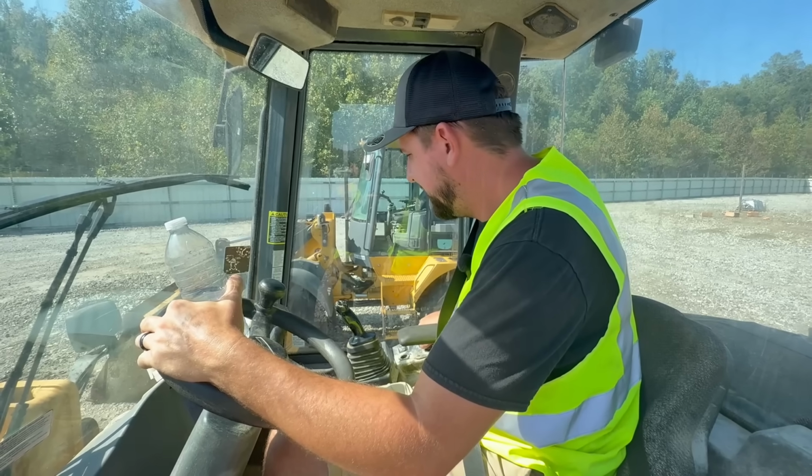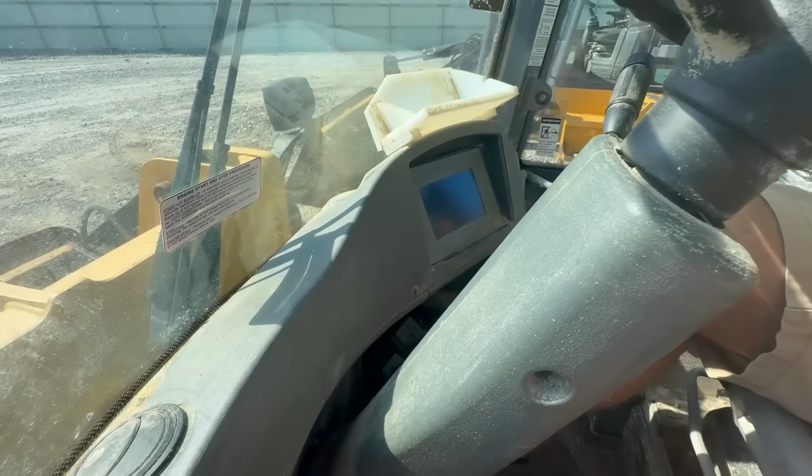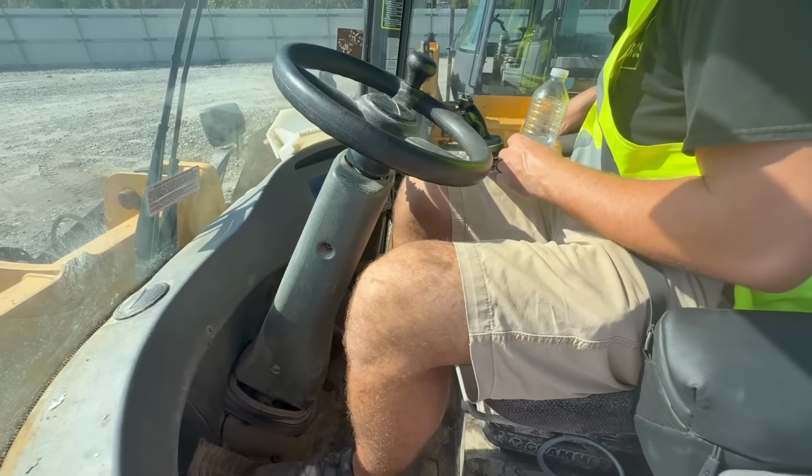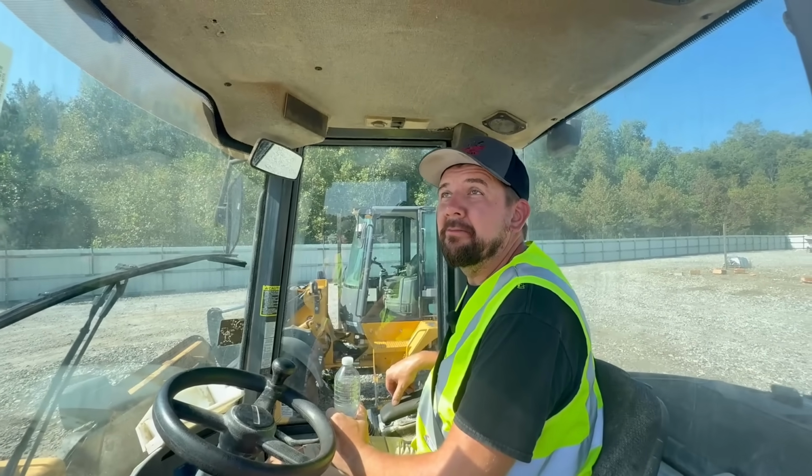It wants to. Okay, here we go. John Deere. Maybe we got a little bit of power in this one. As soon as I try to start it, it dies. Nothing. I gotta watch some YouTube videos. I don't know, but